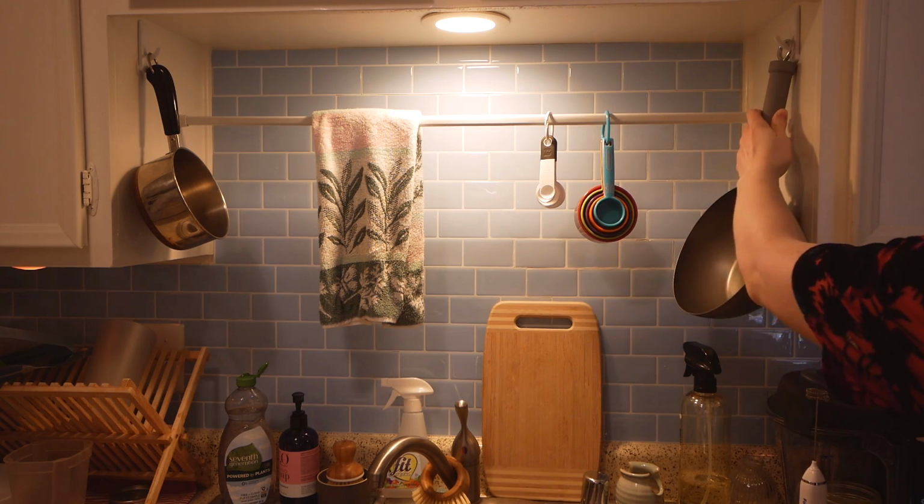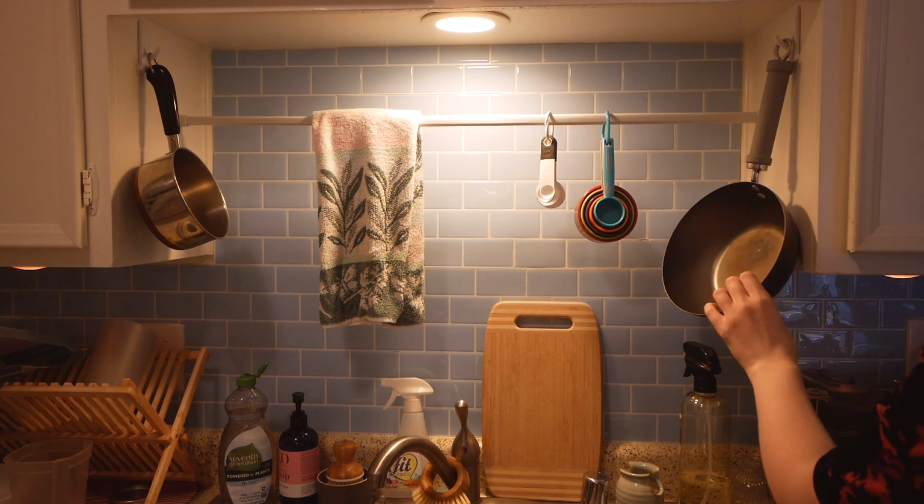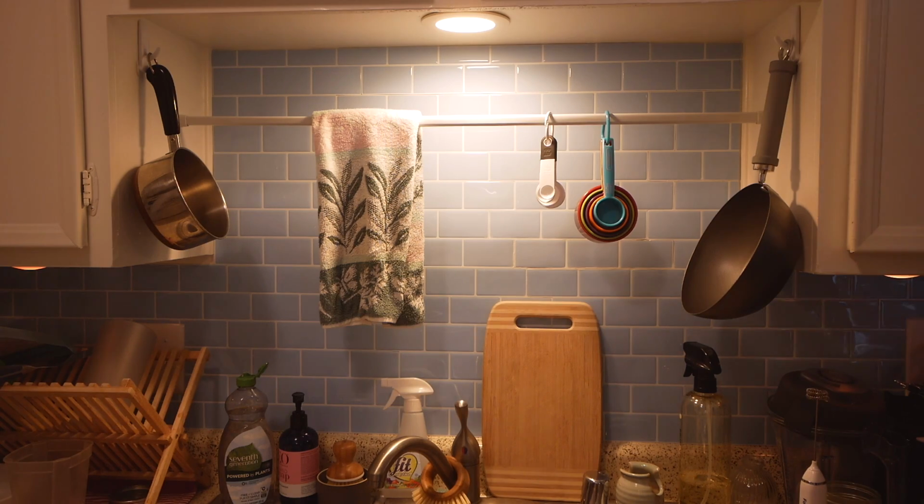I have these two little pots that I thought would be good to hang on command hooks up here. So obviously, like you guys can see, I did the wall, I did the tile, I added this stuff, whatever. What might not be as obvious, but is actually definitely one of the most impactful things that